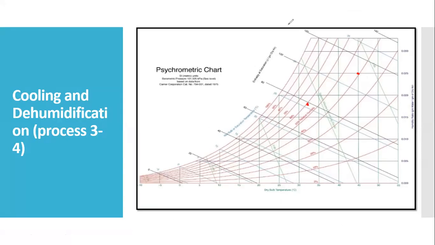Okay, let's start the AC. Let's take a direct live example. The outside temperature is right now 40 degrees. Okay, and I have started the AC, and I have kept the AC temperature at 23. Now the first point, after the AC I am getting 23 degree centigrade. Okay, and this is the line of cooling and dehumidification, right? Now just find out the dew point temperature of point number 1.